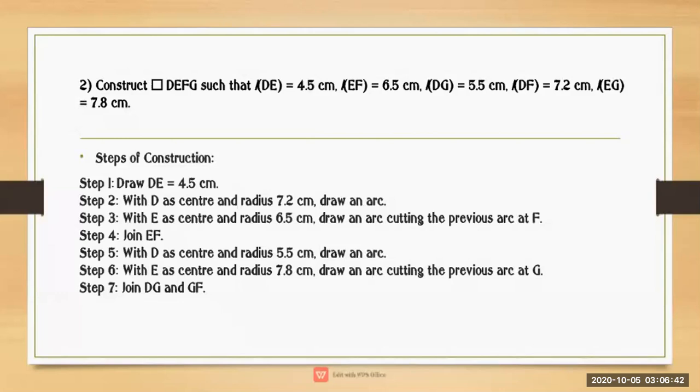So here, when you cut the line, you will get two arcs joining, and then you will join that line and it will show EF. Then once again, same with the help of D. D as a center you will take and you will draw a line of 5.5 centimeter. There also you will just draw an arc. Then once again you will take E as a center and there you will take 7.8 centimeter. Both the arcs should cut each other and there you will join, and that becomes G. So here you will get a figure of DG and GF. These are the steps for how you are going to construct it.